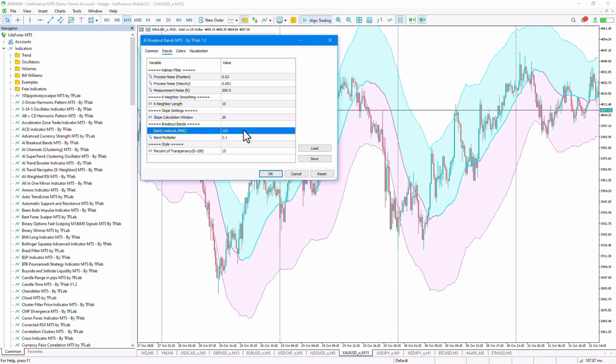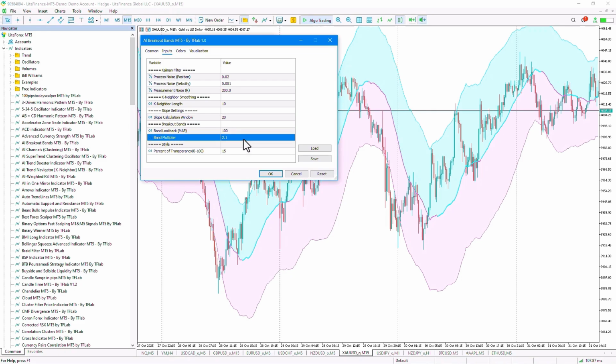In the next section, we can also adjust the breakout band settings. In this parameter, you can set the number of candles used to calculate the mean absolute error, or MAE, which is a statistical measure used to determine the width of the bands. A larger value for this parameter draws smoother and more stable bands, which can help to filter out noise, while a smaller value draws narrower bands that are more closely aligned with recent price action. In highly volatile markets, you can reduce this value so the bands get closer together, which can help to better